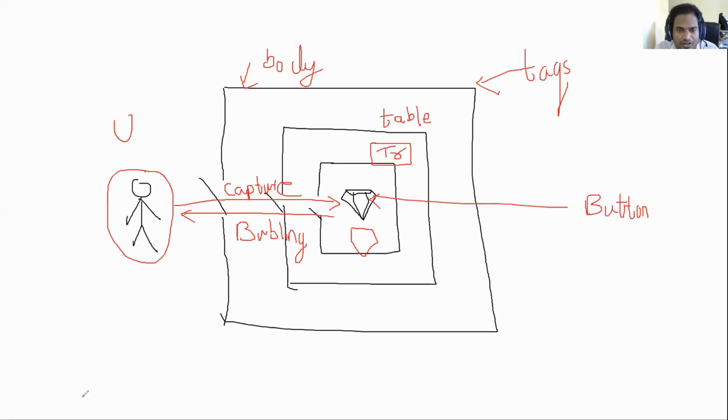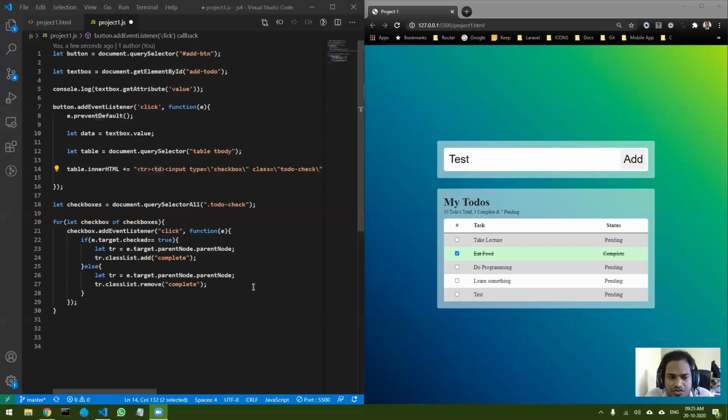Like for example, let me stop this share and share the screen back now. In this case you can see I am recording the checkbox. I'm adding an event listener to the checkbox. Now whenever I add a new element, this checkbox does not know whether a new element was added or not, right?